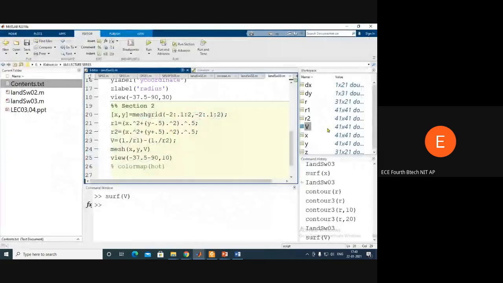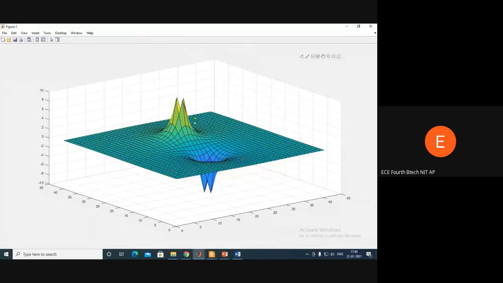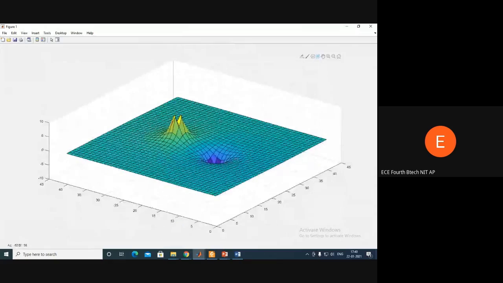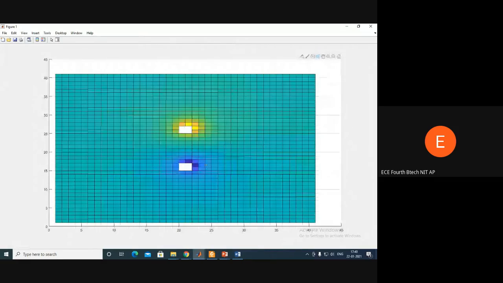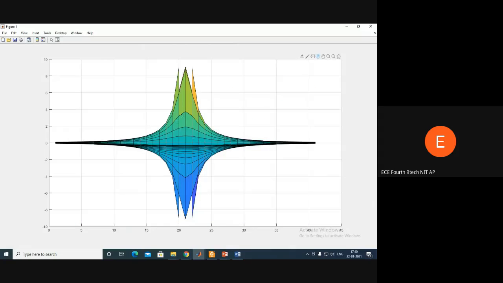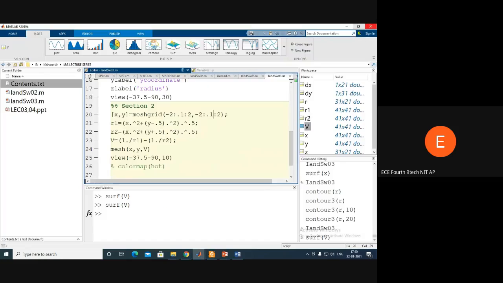And I can do this with the surface plot also. Surface, and you can check it out how the curve is going to be. Okay, so yeah, let me XY view. So there are holes here, YZ view and XZ view. Okay, before going for